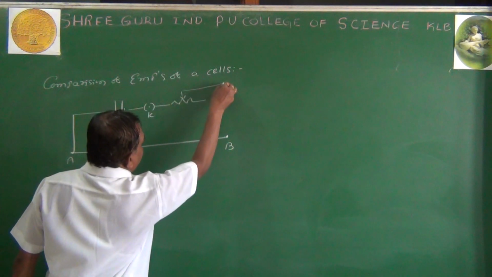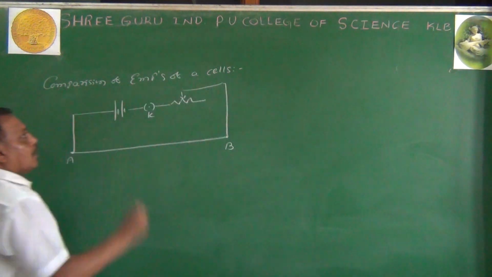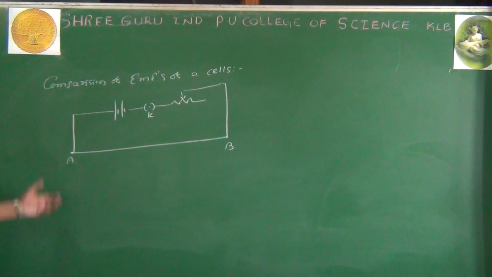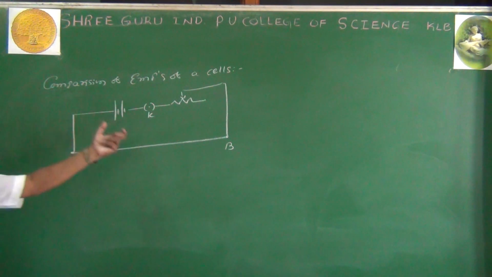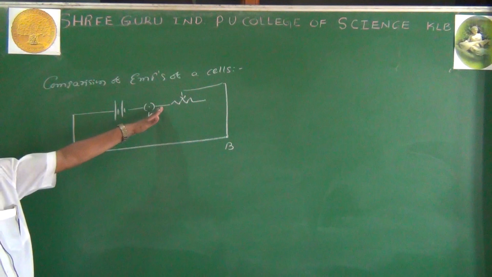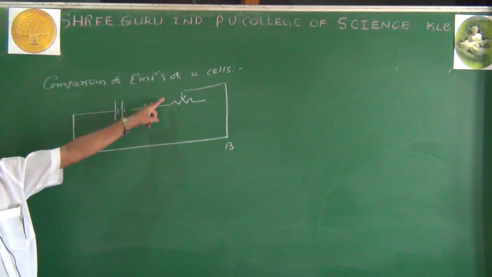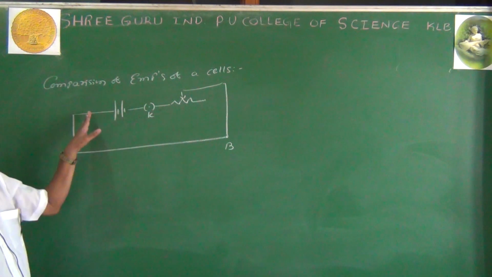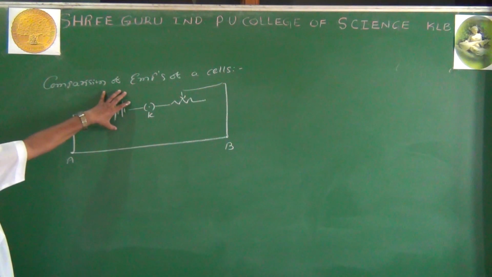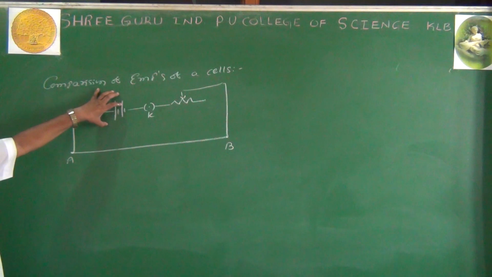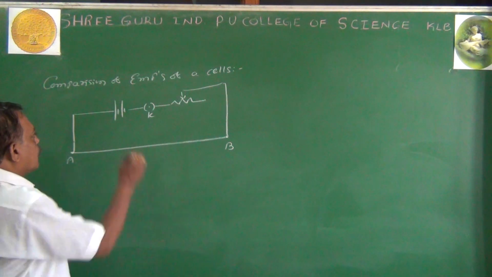If you want to know the strength of the current, you can include the ammeter. If you go on including the ammeter and other things, that is somewhat complicated. To avoid that, if you want to know how much current is passing in the circuit, you can put the ammeter in series. You can place it here or anywhere else in the primary. Now this circuit is called the primary circuit because it provides the current to the potentiometer. Now this is a battery.